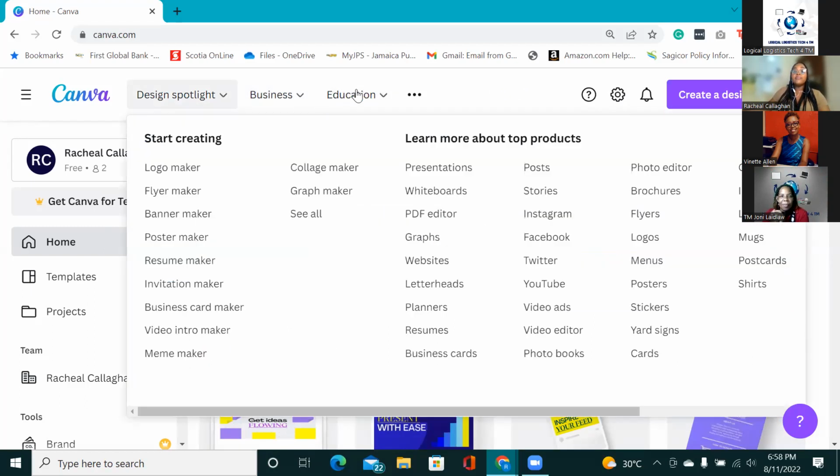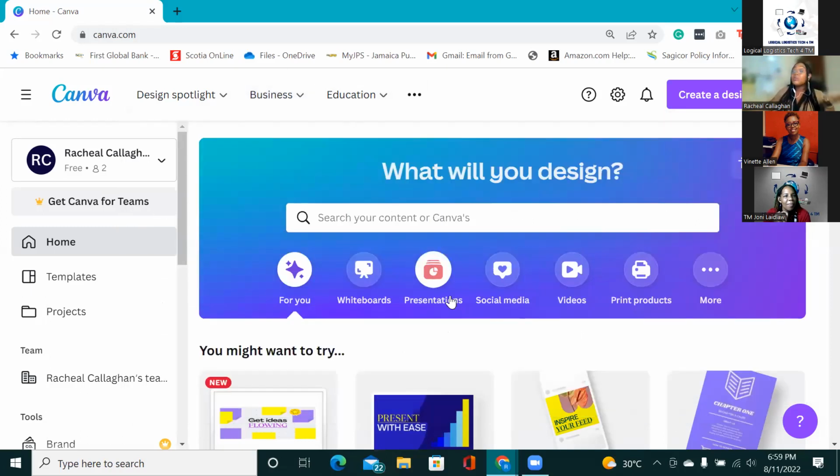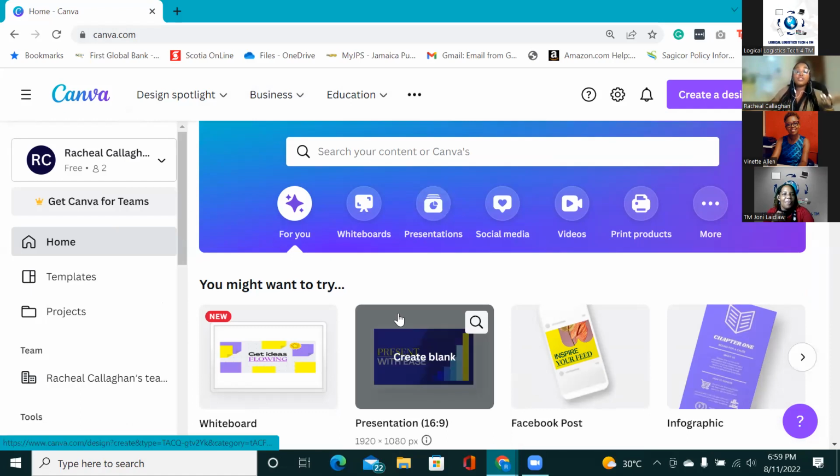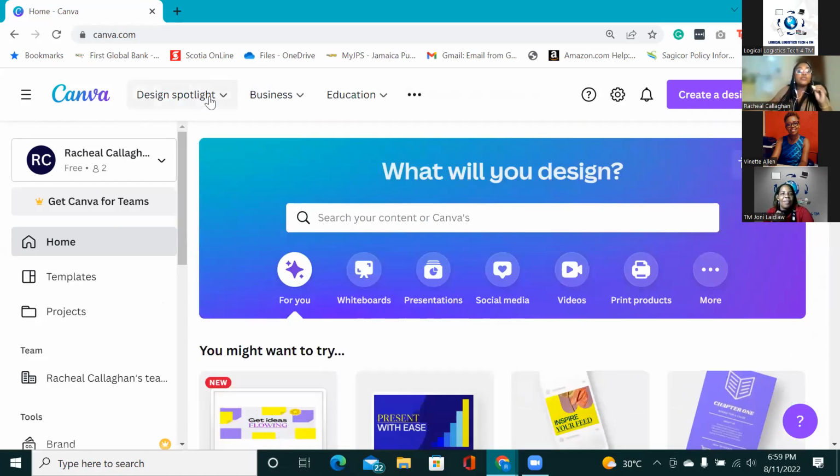You'll find them under education, you'll find them under business, where they've grouped usage based on use cases, the features, even by industry, right? Best practices. You'll find information about templates that you can utilize. You'll find videos about how you can access some of the functionalities that I may or may not mention here. So feel free